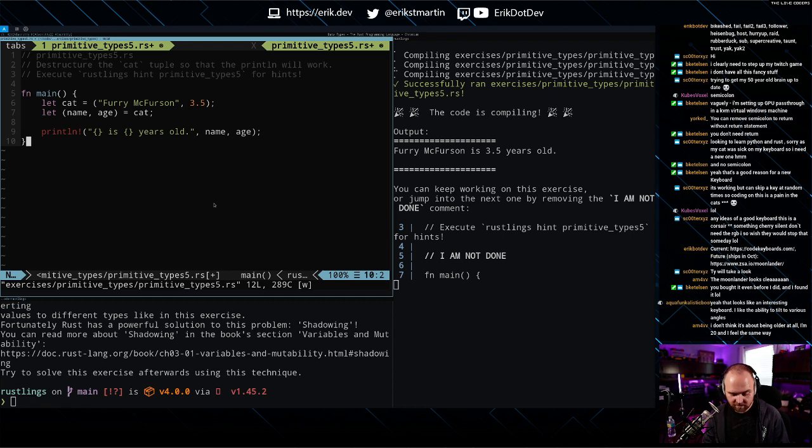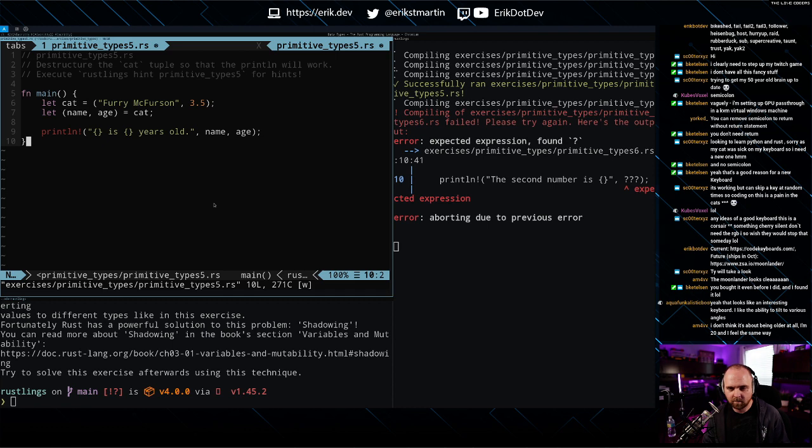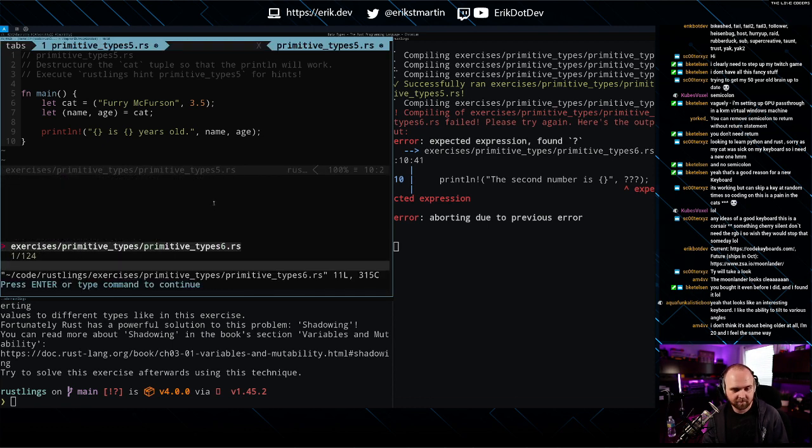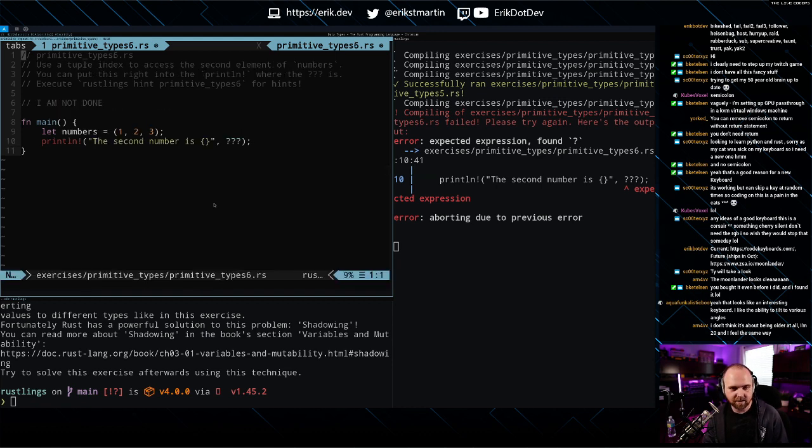Alright, next on the list. Primitives 5. Or 6. Does anybody here do Rust? I'm curious. Are we all learning together? And please let me know if I'm moving through some of these fast, if you're also trying to learn along the way, and we can stop and break down some of these things on how they work.